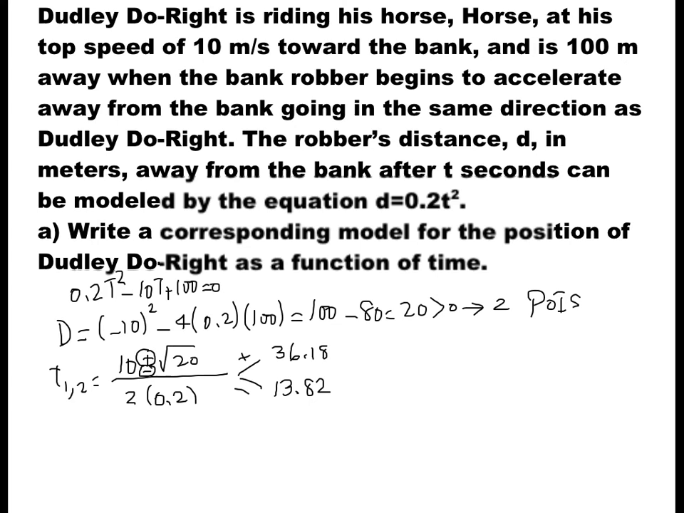So there are 2 points at which Dudley Do-Right is going to meet the bank robber: after 13.82 seconds or 36.18. Now, how we can interpret these results is that the first meeting position is after 13.82 seconds. If Dudley Do-Right doesn't catch the robber after 13.82 seconds, since the